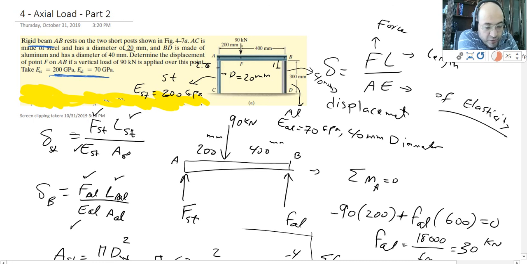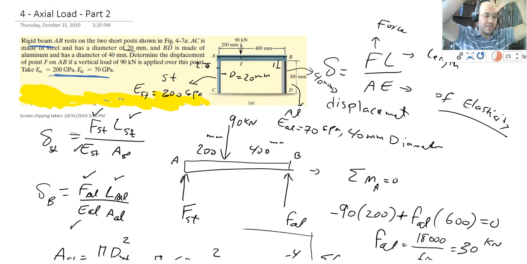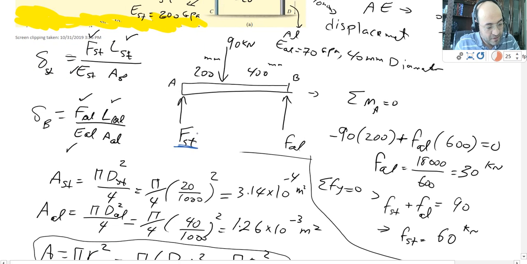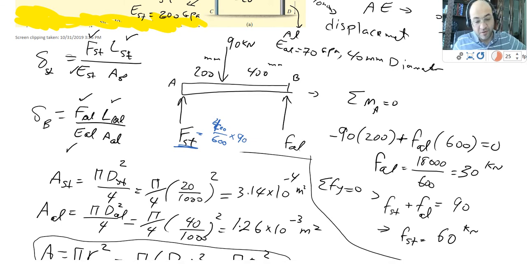When I apply 90 kilonewton there, just go back to statics, right? You apply 90 kilonewton there, and then you have two posts. On the two posts, you have two reactions. So this is going to be F of steel, this is going to be F of aluminum, and 90. If you are super smart, you can say that, okay, if the force 90 is too close to this, I can just simply say that F of steel is equal to 200 over 600. Sorry, I'm going to do the other one. 400 times 600 times 90, which is going to be, let me use my calculator because my